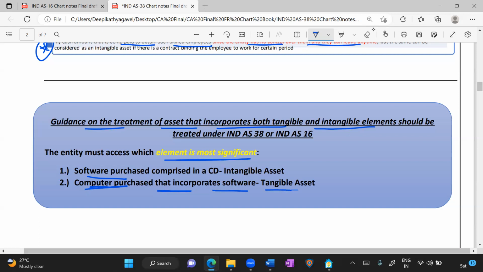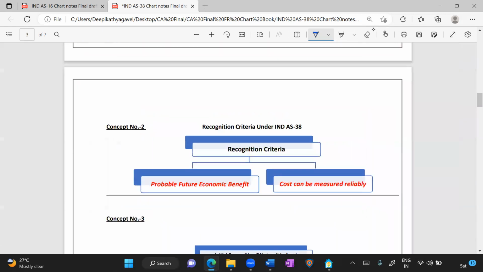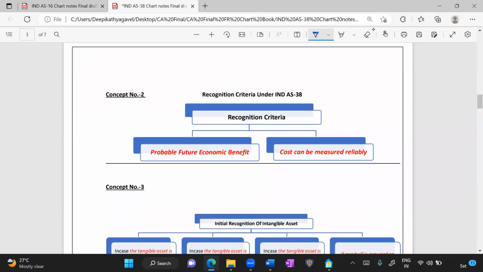Ind AS 16, right? So the standard says when you have both the elements, the tangible as well as the intangible element in an asset, you have to check for the most significant element, right? And accordingly, the standard Ind AS 38 or Ind AS 16 will apply to them, right? I hope this note is also clear. So the concept one was all about the scope, the definition of intangible assets under Ind AS 38 and what all are not covered under Ind AS 38, and then also we looked at a special guidance note that was given. Now with that, let's move to concept number 2, which is recognition criteria under Ind AS